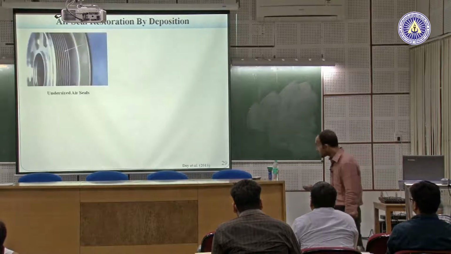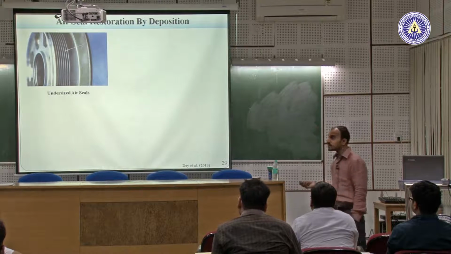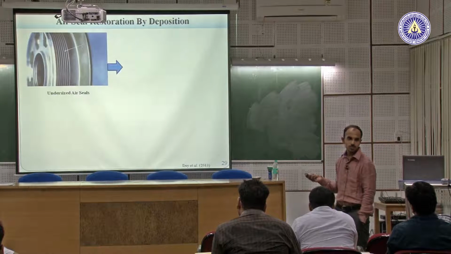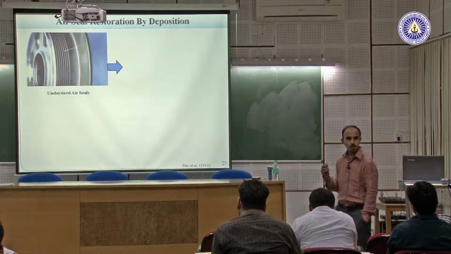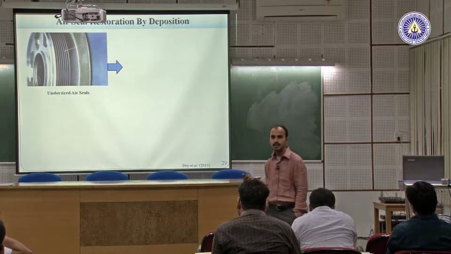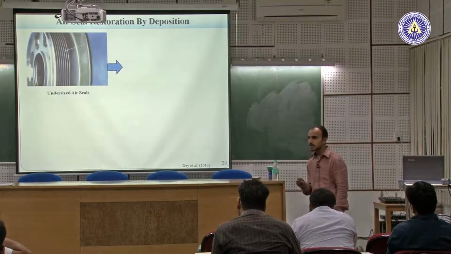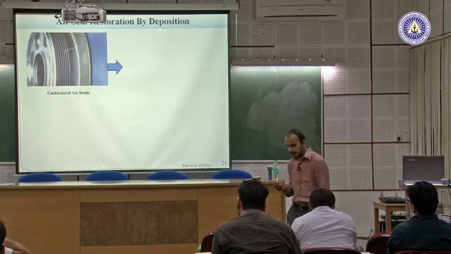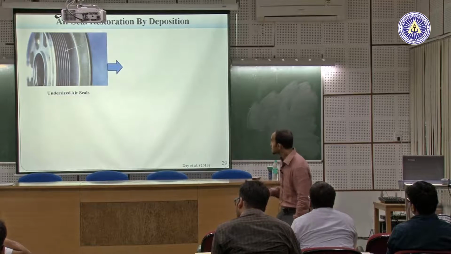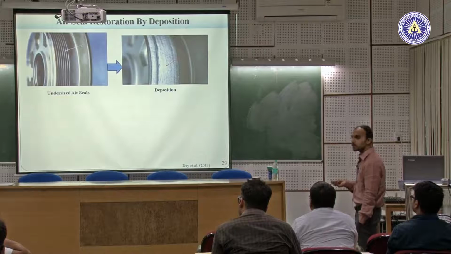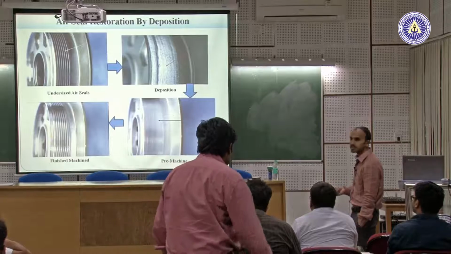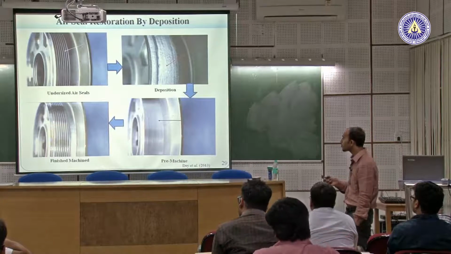Another is repairing and remanufacturing. We can see here the undersized air seal. What happens if there is an undersized air seal? Obviously we can't directly use laser additive manufacturing because it is too costly. So we need to reduce the cost of additive manufacturing, because microplasma transfer has a very low cost as compared to laser additive layer manufacturing, and it also gives very good quality as compared to arc deposition processes. So these undersized air seals we can redeposit using microplasma, and further we pre-machine, and then machine again, and you will get the finished, proper size air seal.